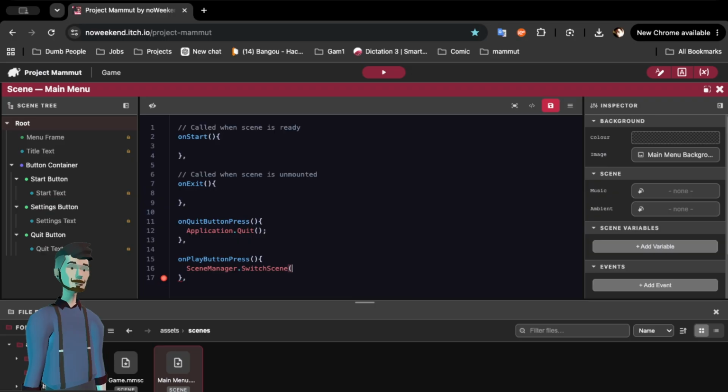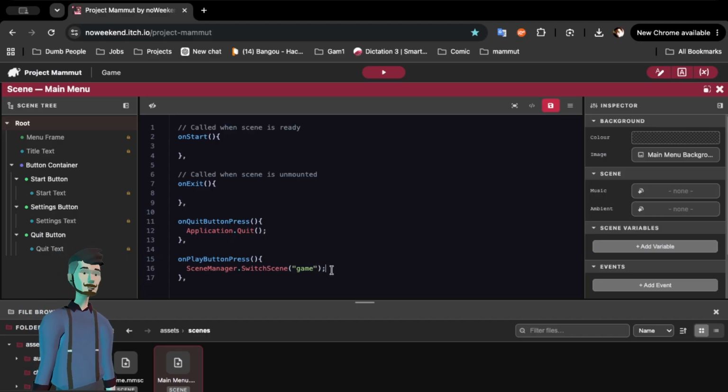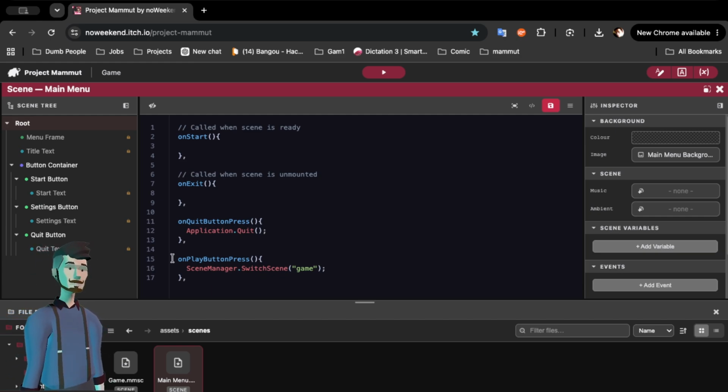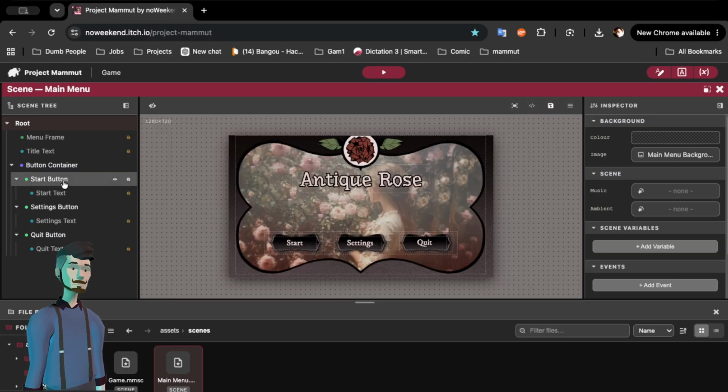open bracket, and we just need to give it the name of the scene, or the ID of the scene, sorry. Slightly different. All it's going to be is the name of the scene, which is game, but all lowercase, and any spaces are replaced by underscores. And this just makes things really easy. In Project Mammut, when you're asking for things, you just always assume the ID is that. Okay, that's that. Let's copy the name of the function, save, go back to here, click on our start button,